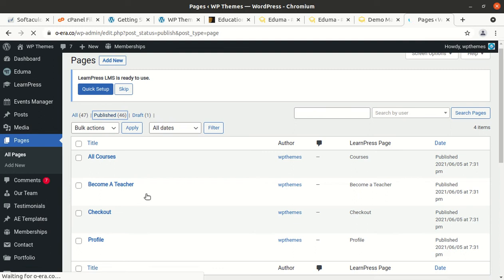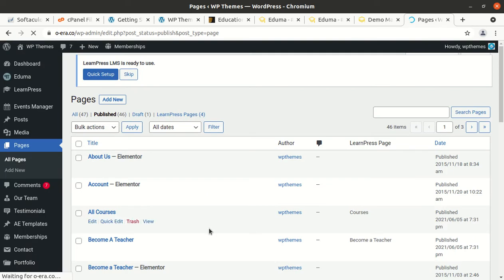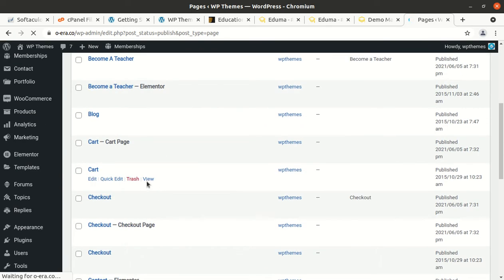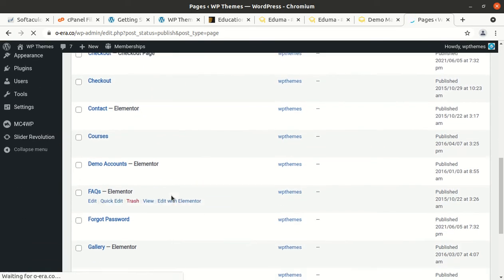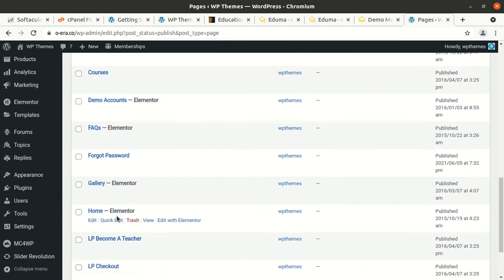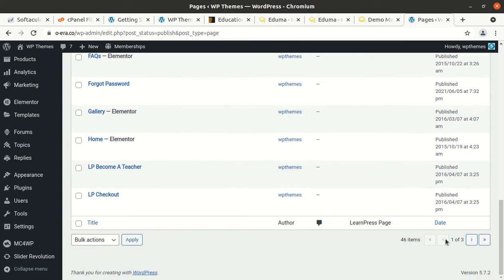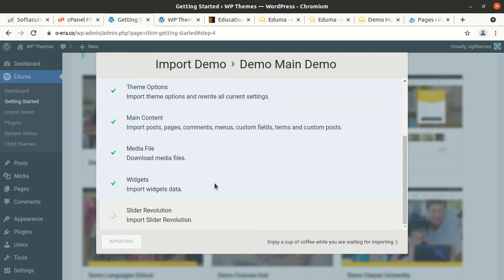And let us check what number of pages and which pages we are having in the demo. This is account, all courses, cart, checkout, courses, FAQ, gallery, home is here, Elementor home is here. And let us check another set of pages.